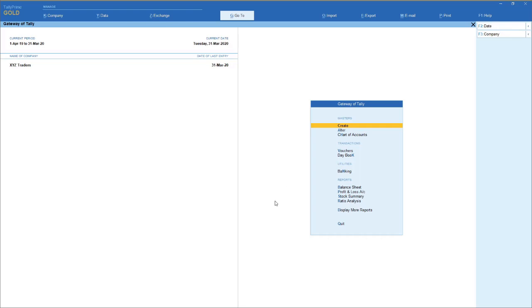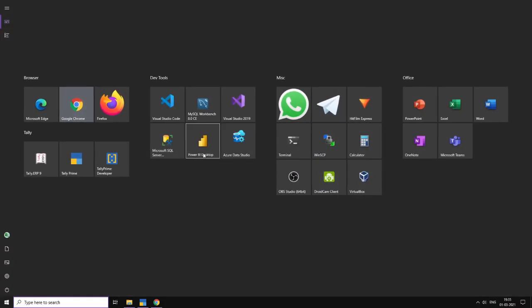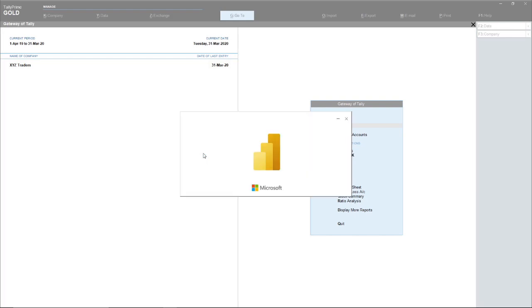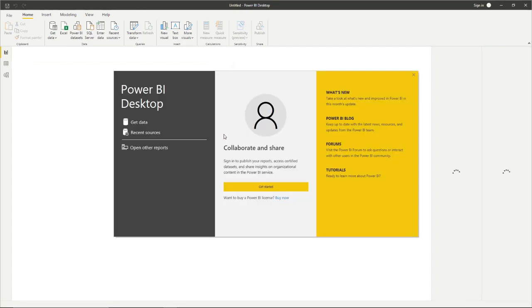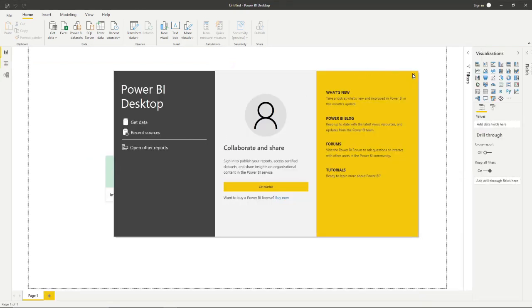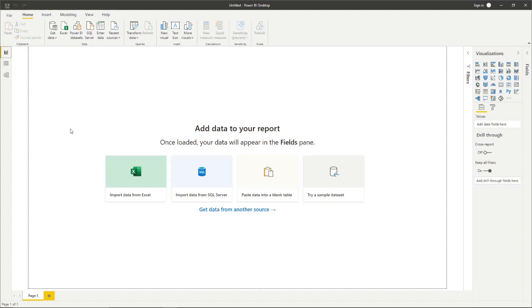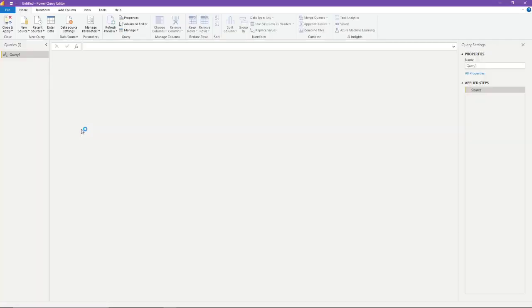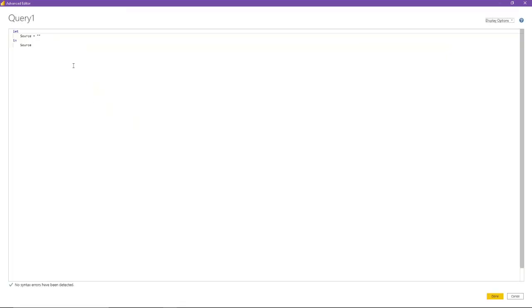Now let us start our Power BI. So Power BI Desktop, this software is available freely. Now let us close this window. Okay, and we have to click Get Data and Blank Query, basically because the query is already available and we are going to modify that query. So just right click this and click Advanced Query Editor. Okay, we will remove this existing query.